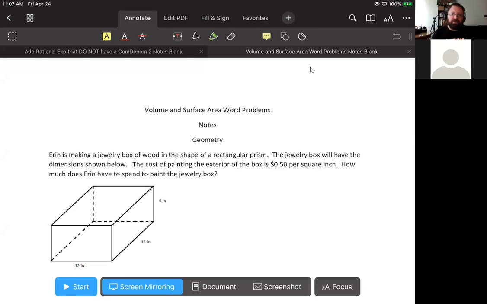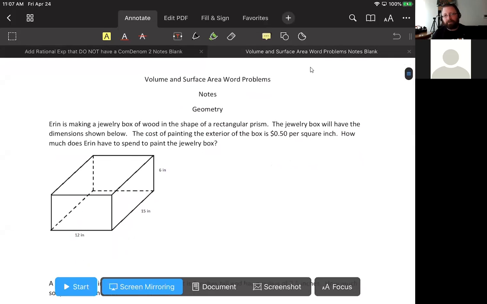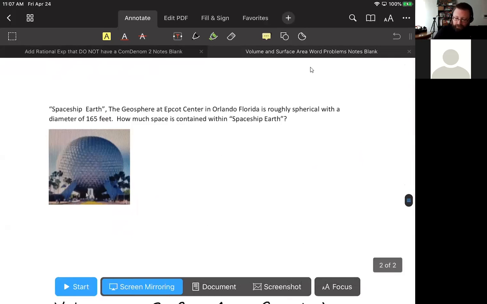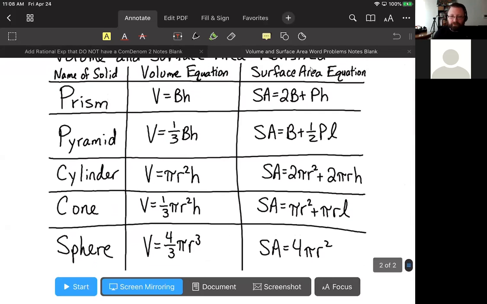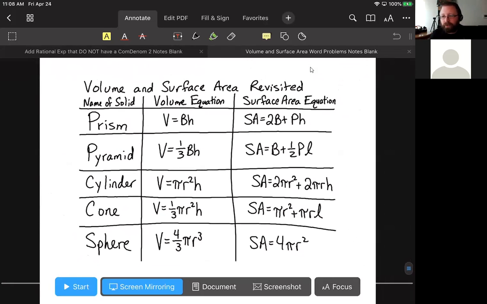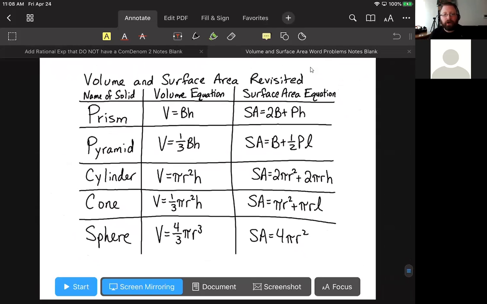Okay, ladies and gentlemen, today we are talking about volume and surface area word problems. Now we need to keep in mind that these word problems could call for surface area, they could call for lateral surface area, they could call for volume, and they could call for any of our shapes. So we've got all of these equations to deal with, okay, and we need to use the correct set based